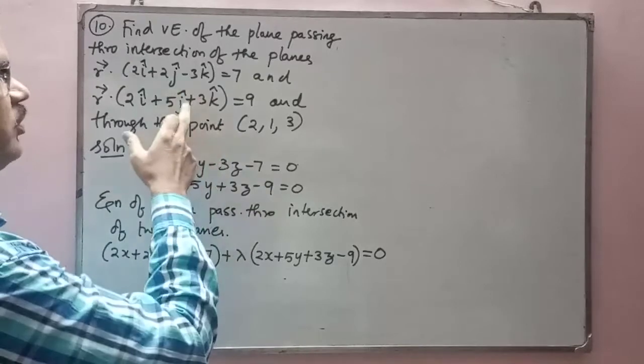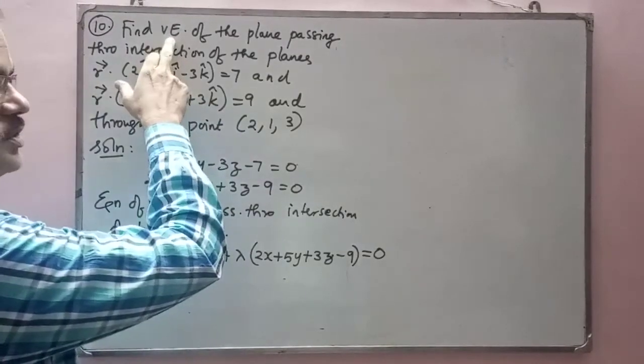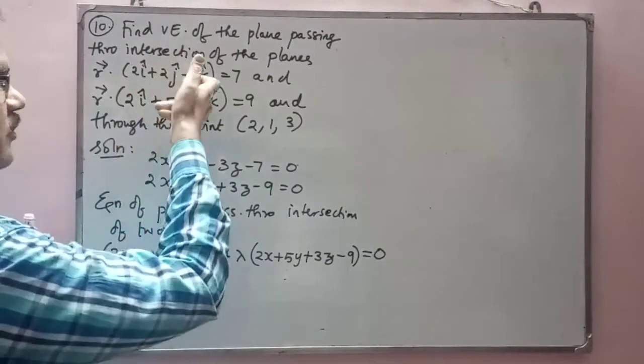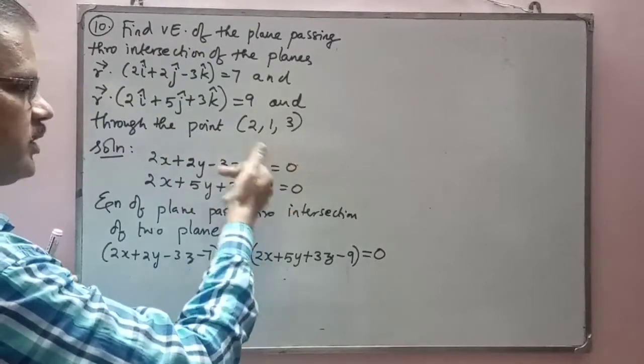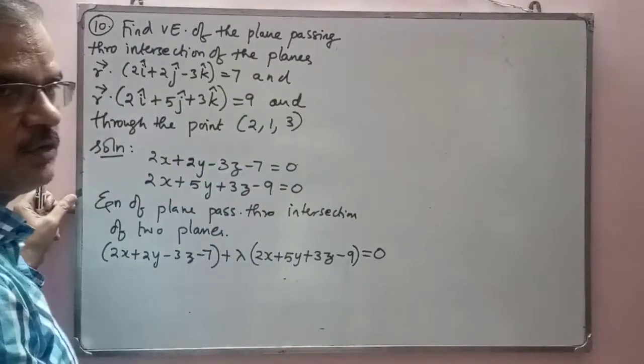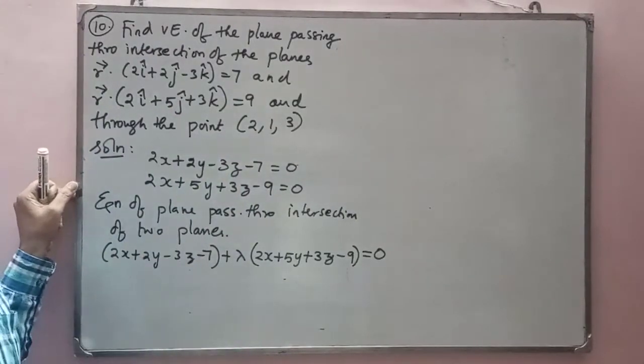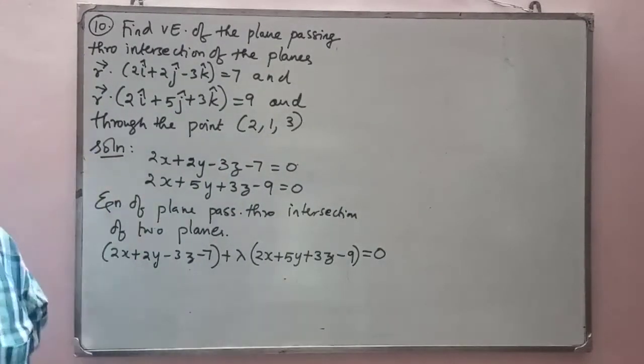You have to convert back to a vector equation because the question asked us to find the vector equation. As I converted from vector to Cartesian, you have to convert. Final answer will be Cartesian. You have to convert like this to a vector equation. This completes the solution. You have to try it by yourself. Thank you.